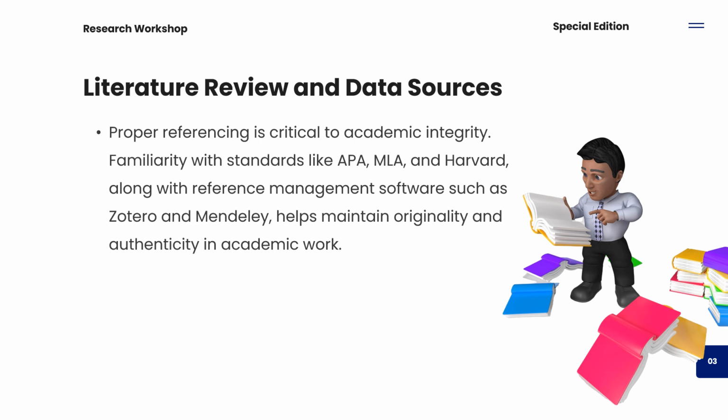There are different styles of referencing, all right? We have APA, we have MLA, you have Harvard, you have IEEE, you have a lot of them. And now we've come to a point in time where you can use different software to manage your references, like Zotero, like Mendeley. I did some lectures on this in January. For those of you that were not in those lectures, I will try and do probably a video or another series to walk you through some of these things, all right, to help you going forward, because you have to properly manage your references. If not, whenever you subject your work to plagiarism checkers like Turnitin, it may be flagged as plagiarized work if not properly referenced.